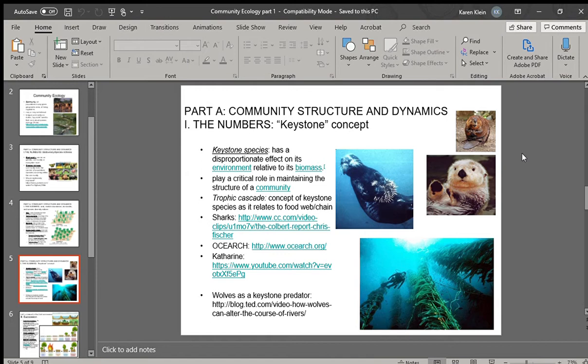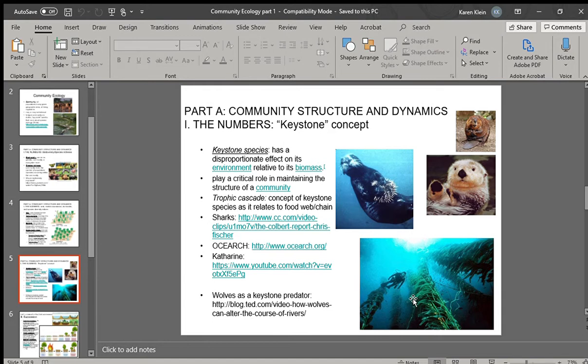And kelp, as you see in the bottom picture, is several meters high. You can see there's the person, there's the kelp. Hundreds of square miles of these kelp forests boast a biodiversity that's higher than most of our rainforests. You think of a rainforest as lots of birds and other animals and plants. Actually, these kelp forests are more biodiverse than